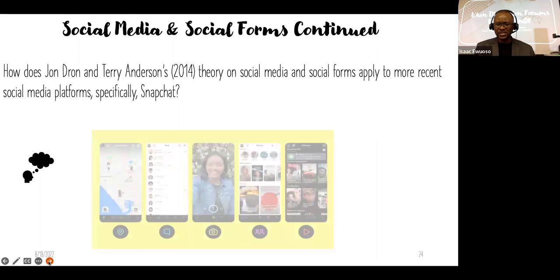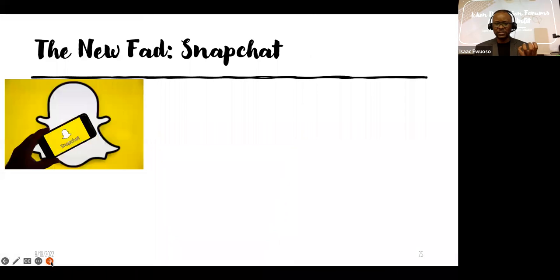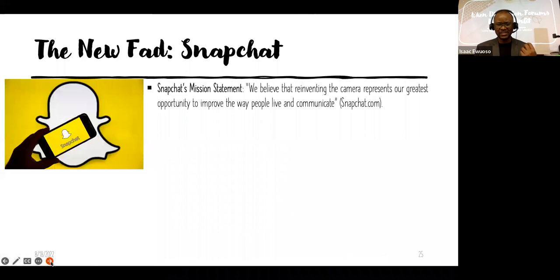So how does this compare to Snapchat? If you look at the one on the left, this is geolocation. You have the chat, and this is a camera feature where you can take pictures, snap photos, snap videos. Then you look at the next one with a friend. This is stories. And then you have Snap Discover. So I would argue, as I've mentioned, that Snapchat especially is high on net and high on set.